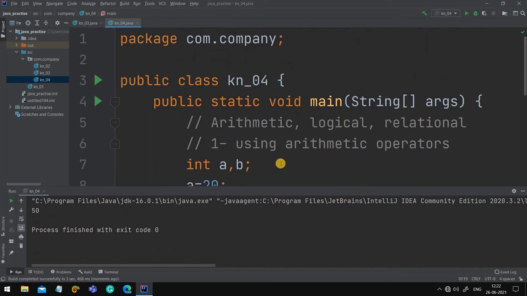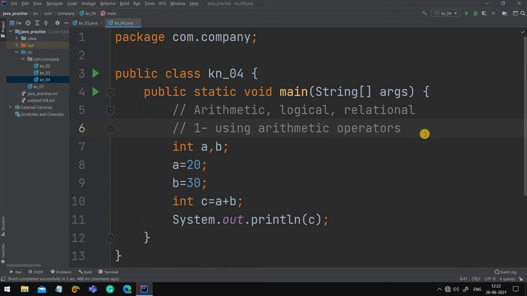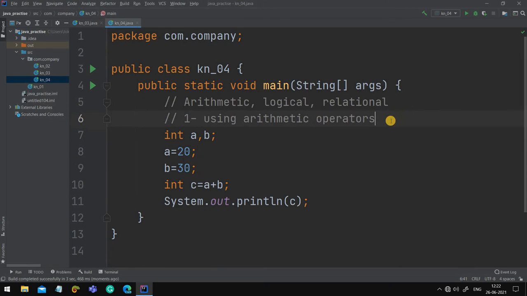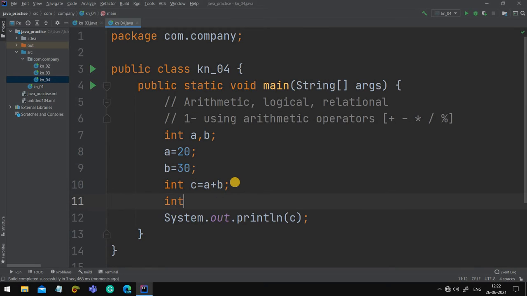Now which are all the arithmetic operators? Let me write them here. They are plus, minus, multiply, divide, and one more is modulus. Plus, minus and multiply are very simple. Let me do all of them.